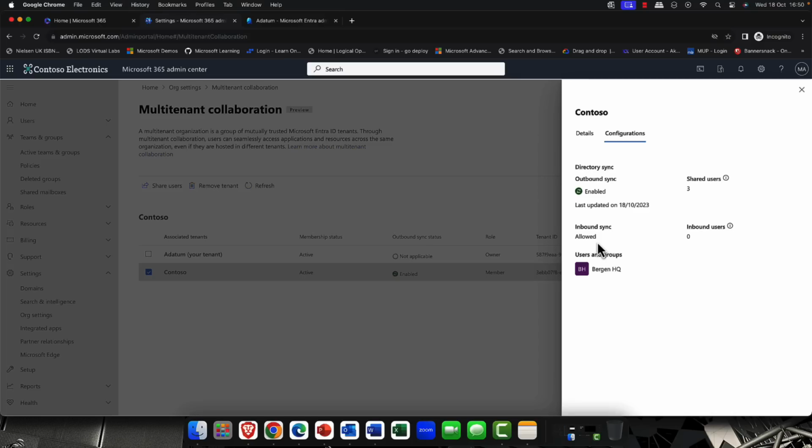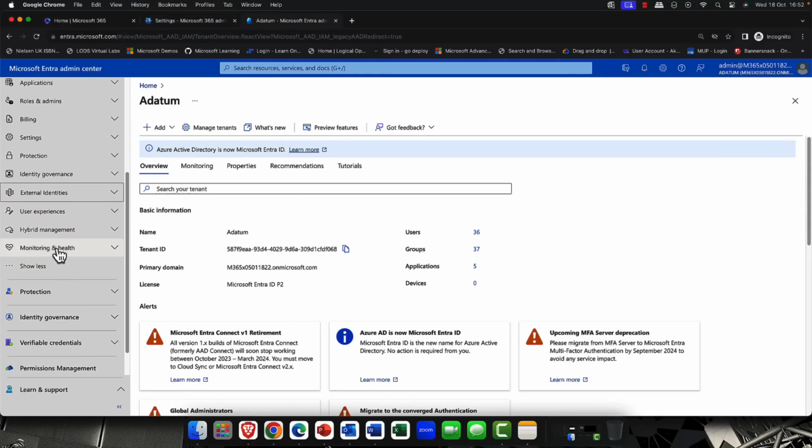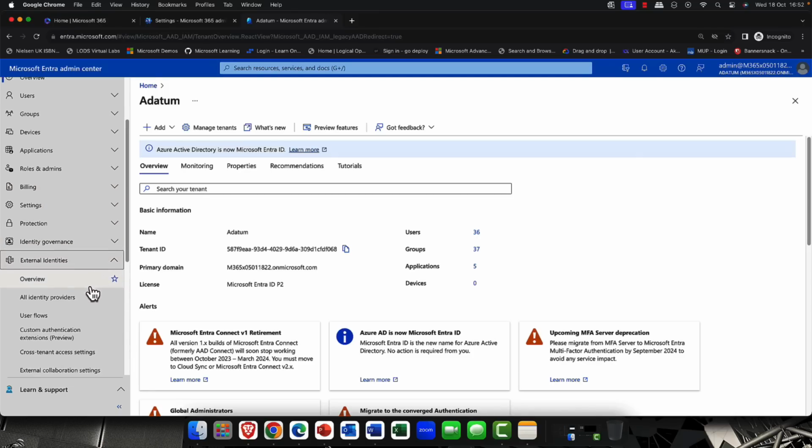So it's allowed to sync inbound, and there are 3 users in that group. All right. So now that I've done that, I'm flipping back across, and I'm going to come into this particular tenant.